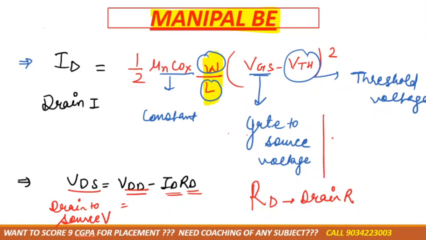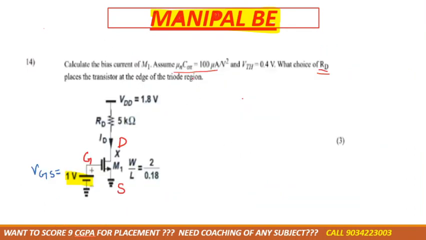Got it? The next formula is VDS is equal to VGS minus VTH. So mainly you need to use these formulas in your MOSFET. Note it down. Basically in this kind of question you need only two formulas, half mu n COX W by L